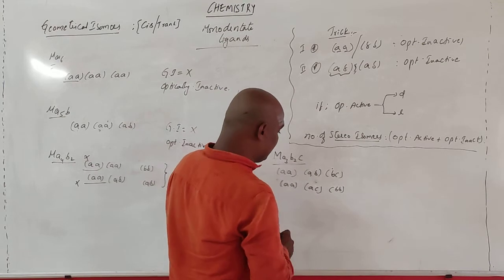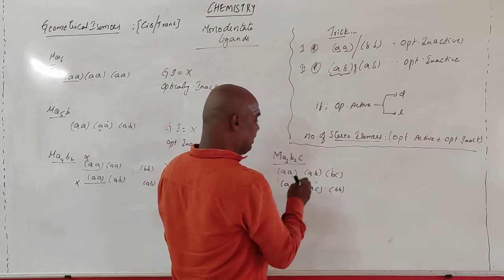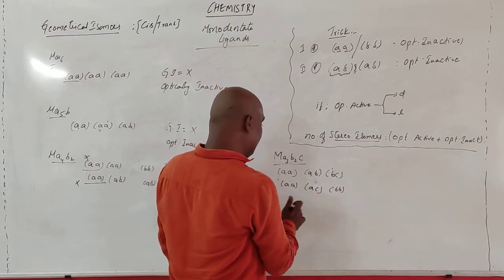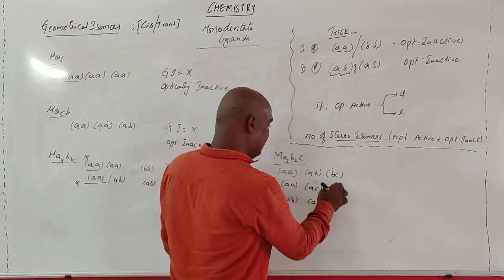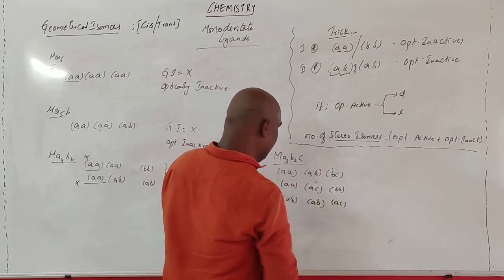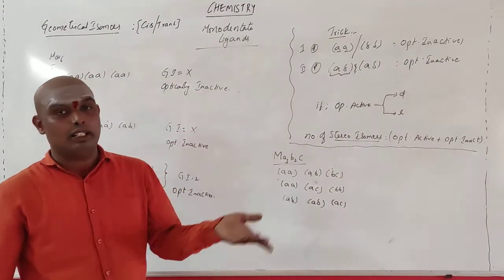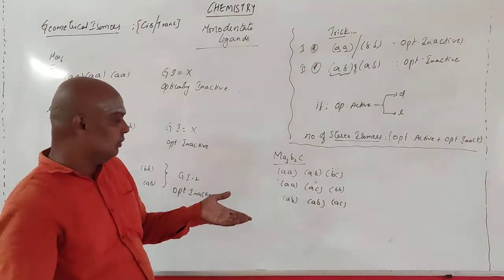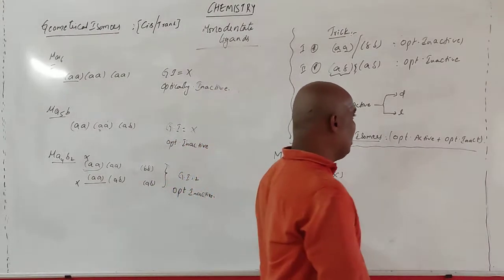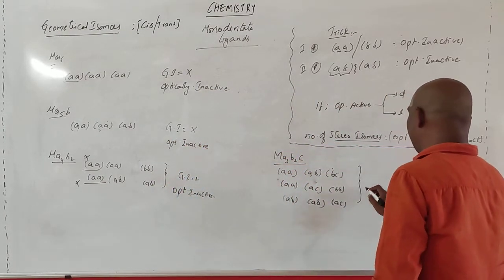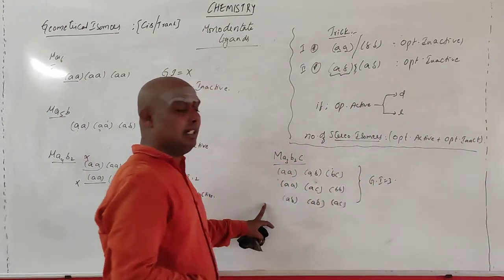Now let us take still more, anything is possible. This AA, you go with this one, AC. This is AB, AC. So AB, this is A with B, A with C. So A with C, AB. See AB, AC. This is one set. You try still more, whether they are possible or not. Suppose AA is coming to BC only. AB, BB, AC. Only 3 are possible. So this is the only thing you are getting geometrical isomers. So these are the 3 geometrical isomers.